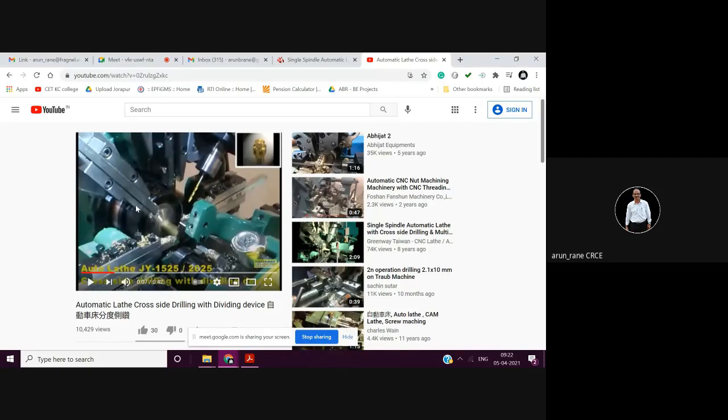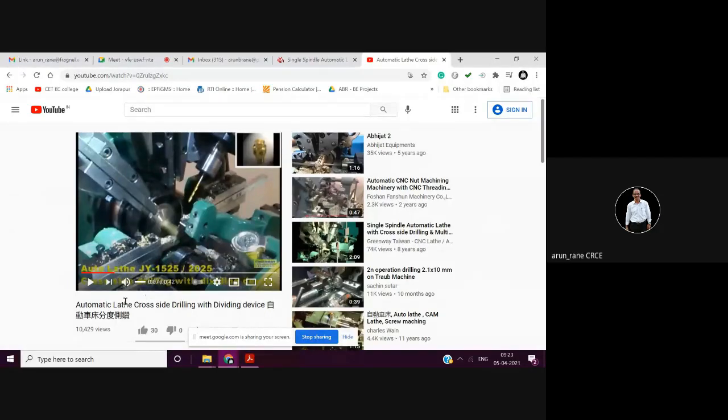So this particular operation is called overlapping. Overlapping means what? While this is being done, you are also doing drilling. You are also doing pre-parting. After pre-parting is started, you also start with the parting off. So this is what is called overlapping. Now all these movements, this movement and this, all these movements start or happen because of the cam. So there are two types of cams. One is called the disc cam and another is called the cylindrical cam.